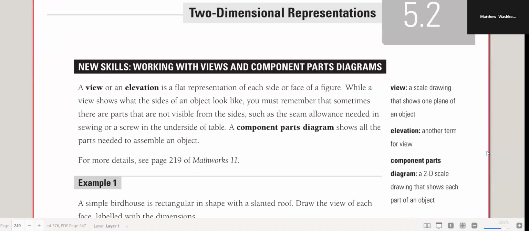Okay, so now we're actually going to be starting our drawing section of the class. And now this is where we're actually going to be using views or elevations. So this is when we're looking at a side or a face of a figure. For example, if I were to give you a triangular prism here,